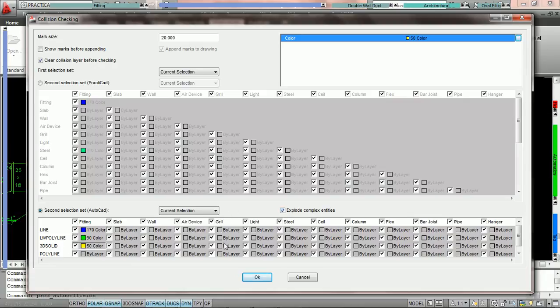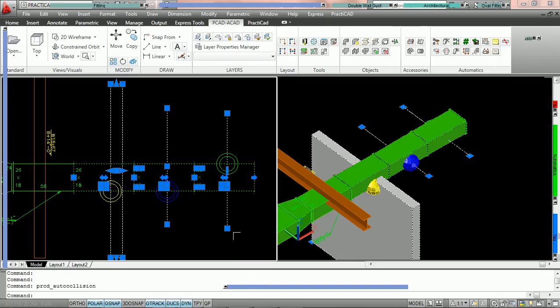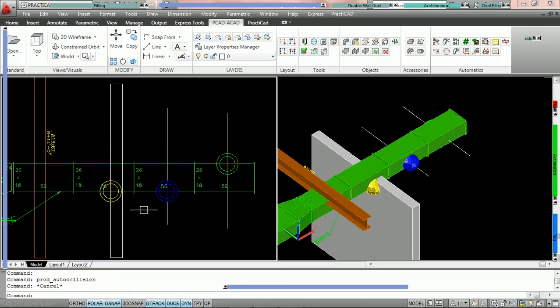So once we've chosen all of our selection criteria for the selection set AutoCAD, we're now going to press OK. When we do that, you can see that PractiCAD has highlighted the three collisions between the PractiCAD entity and the AutoCAD entities. One for the 3D solid, we have one here for the AutoCAD line, and we have one here